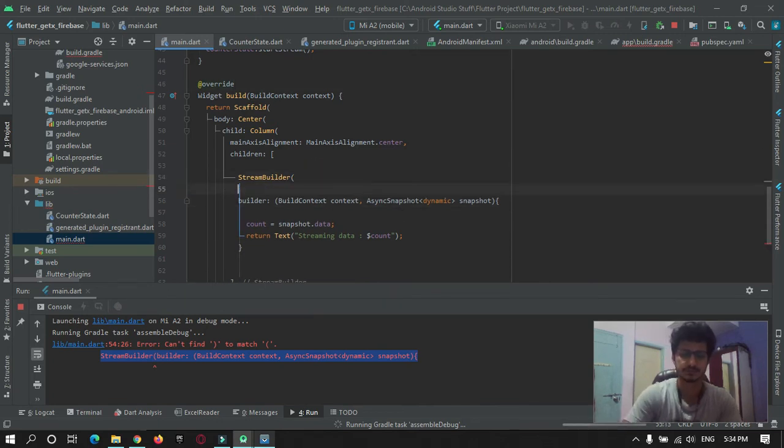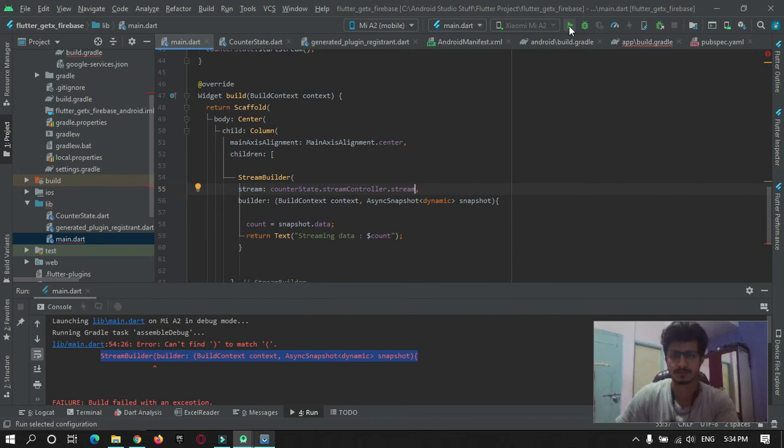So you need to add a stream over here, that is counterState dot streamController dot stream. Now I will run the app.